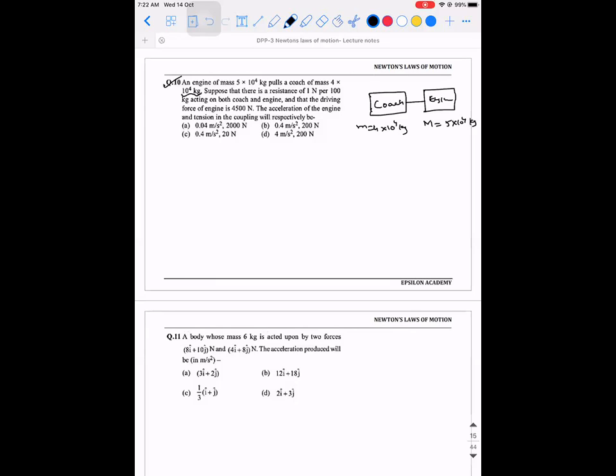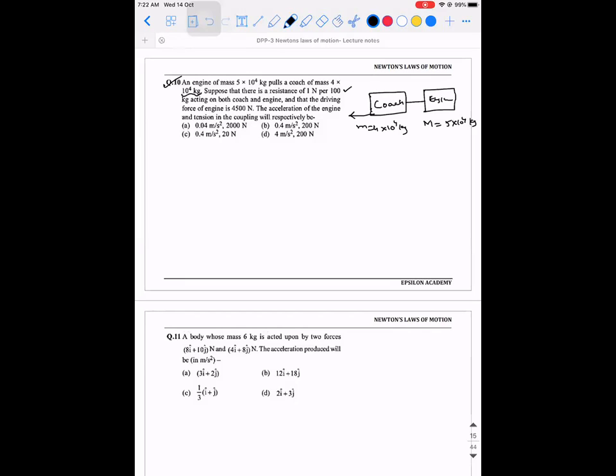Sir, is it a frictional force? Okay. You can say it, yeah. So there is a resistance experienced by the coach, and how is the resistance coming to picture? Unlike friction, which has something like static and all those things that we will discuss later, here it is not exactly acting like static friction, where it has a limiting value. What are they saying? The resistance experienced is 1 Newton per 100 kilogram.